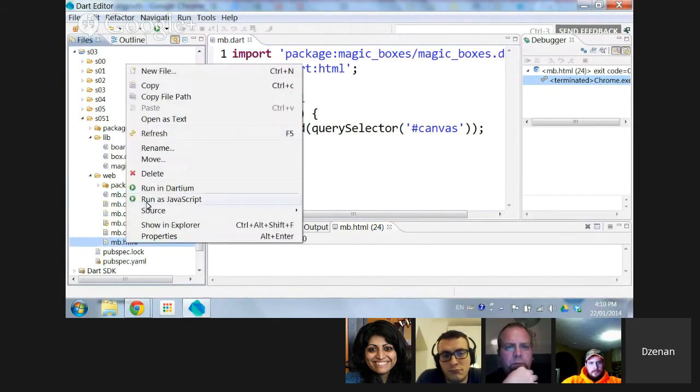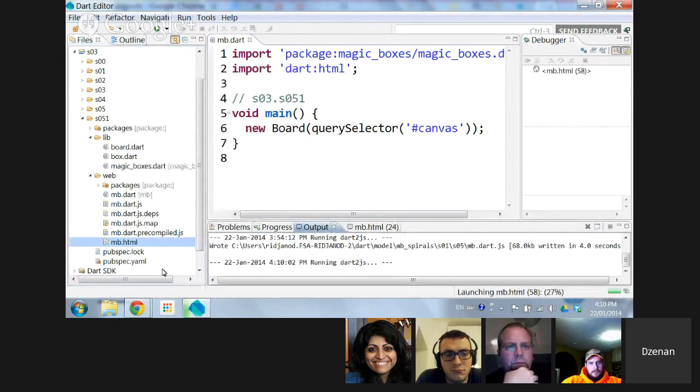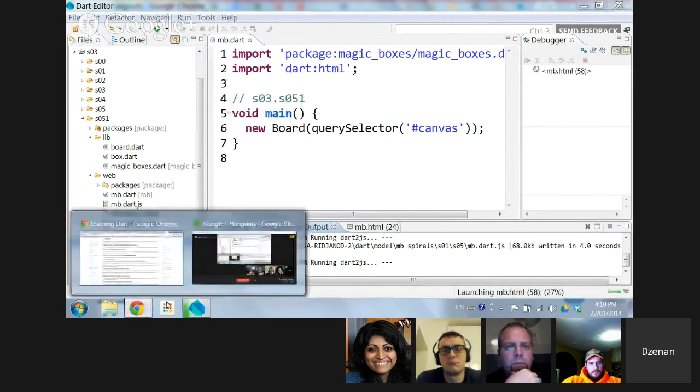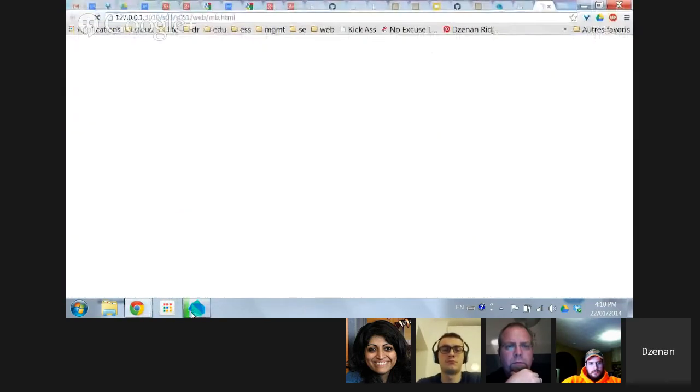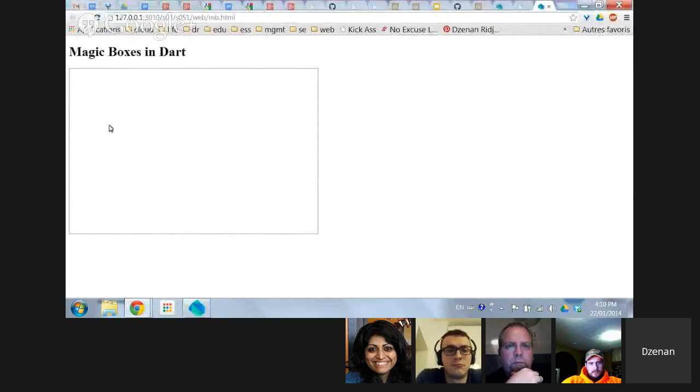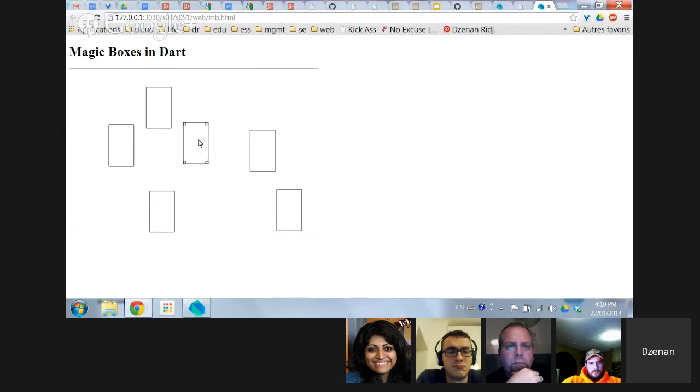So let's say I'll run it. Did I run it? Okay. You can see that by clicking on the diagram, I can now create these boxes. I can select them, and there is some kind of selection, and I can move them a little bit. Okay, and this is it for this